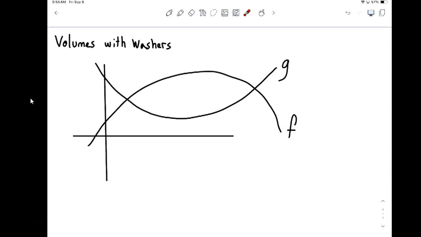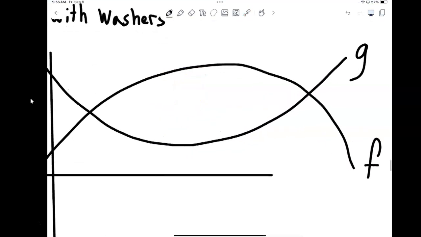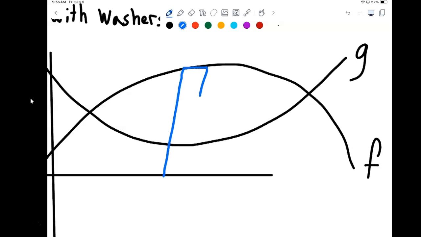But consider the situation here where we're looking at this area here, and we want to revolve that. Well, a disk isn't going to work now because if I did G, I would actually be getting all of the area beneath G coming in if I was using G as my radial function. So the idea here is that we're going to look at G, but we're also going to look at F